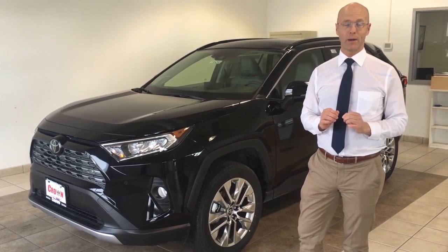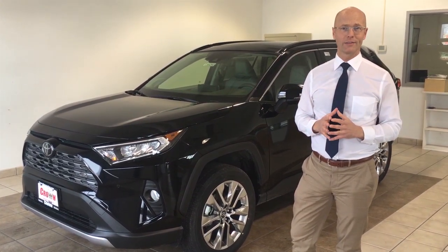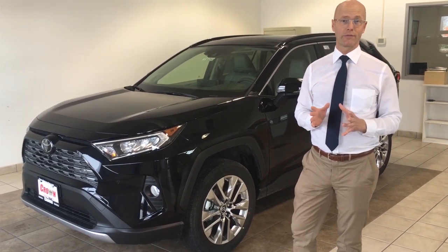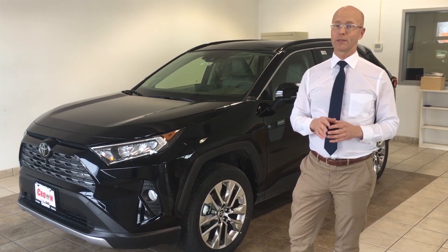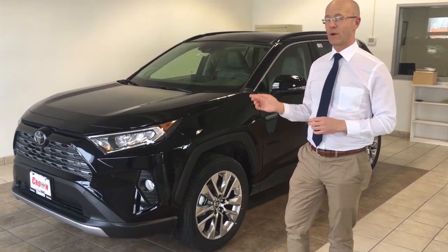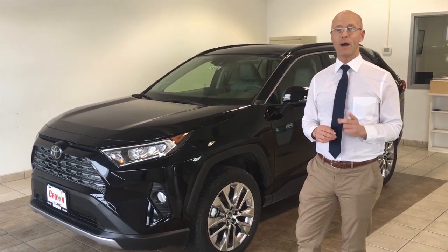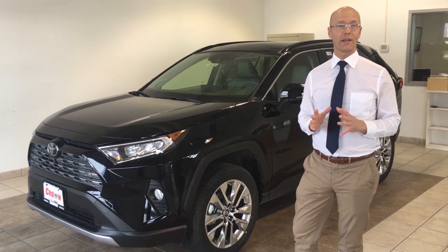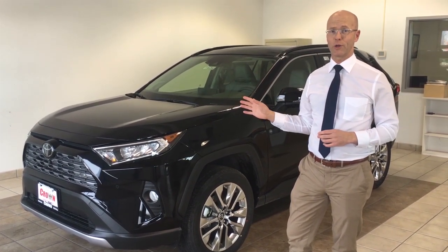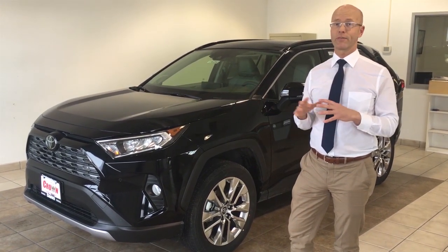today's car buying public. We are no longer as interested in traditional sedans like the Camry and the Corolla, and while those are still selling very well for Toyota, they're among the top 10 in the United States. Last year, the Toyota RAV4 in 2018 actually took over the #1 spot for all non-truck sales in the United States. So this car has been selling very well for Toyota, and that crossover small SUV segment is definitely a